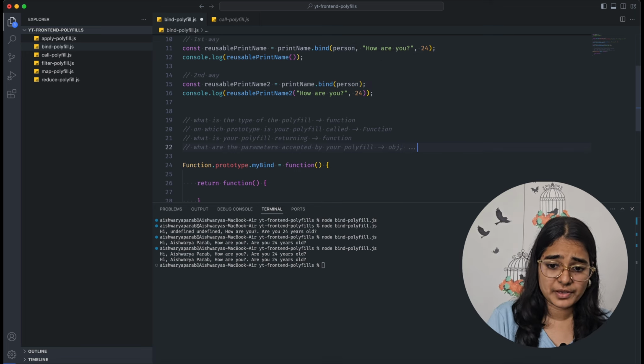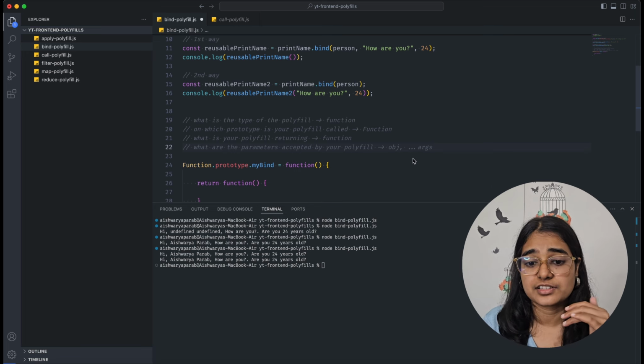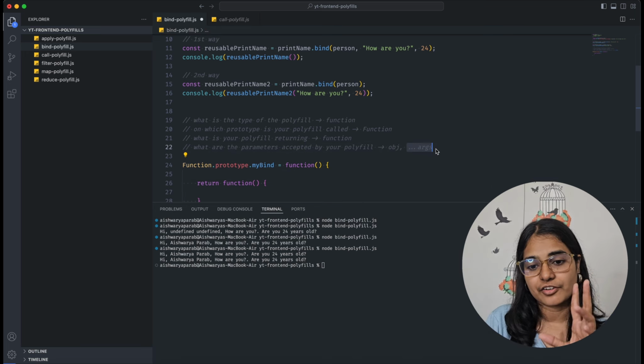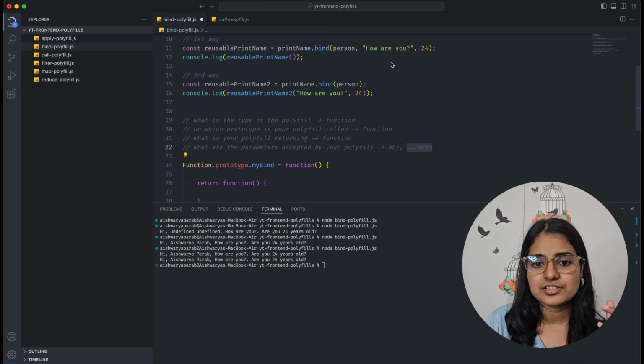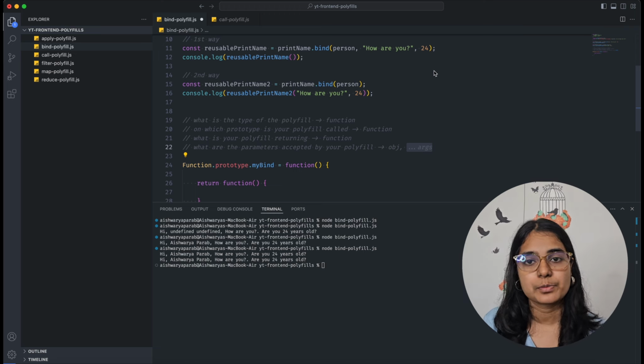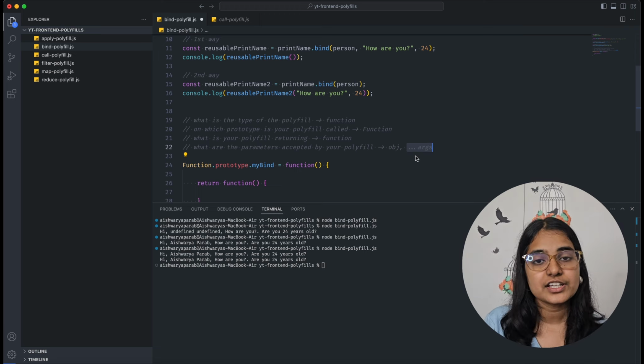Now we don't know how many parameters we have, that's why we are using the rest operator. Right now we are taking two parameters, but in the future we can have 3, 4, 5 parameters. We don't know how many parameters our function will take. That's why we are just using the rest parameter.